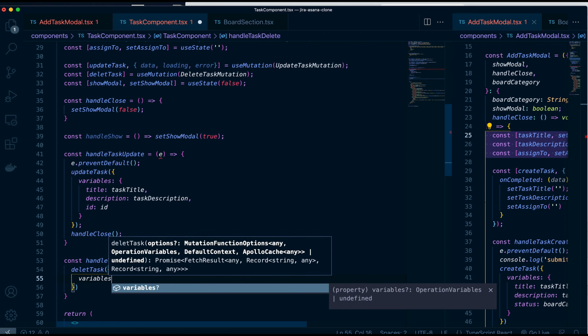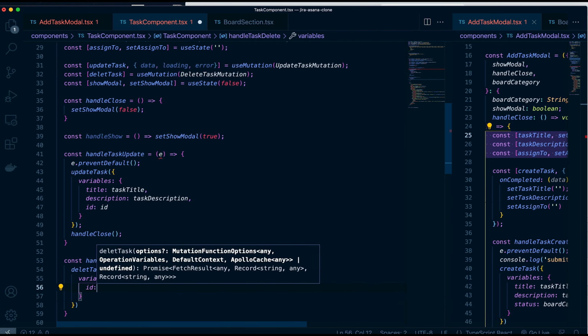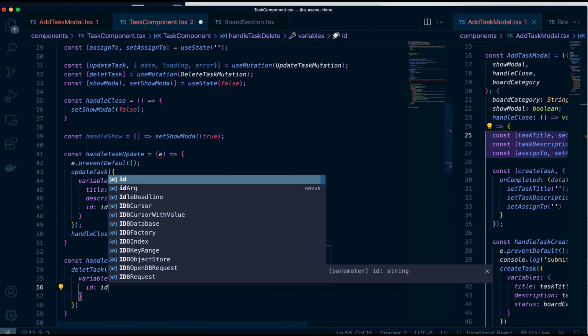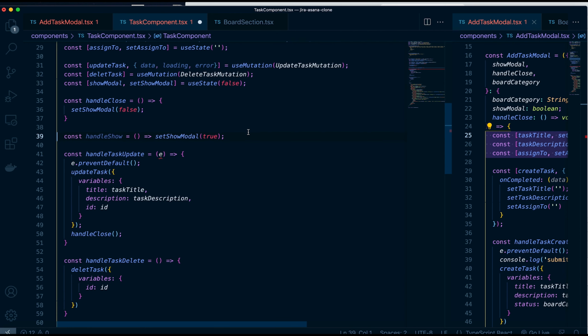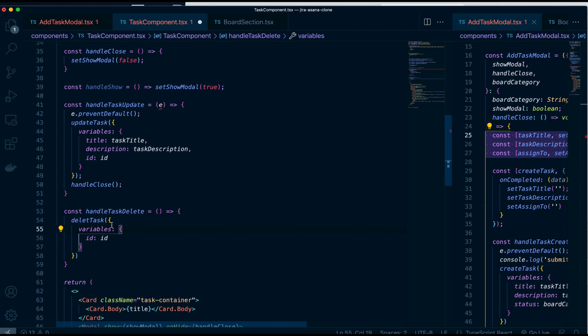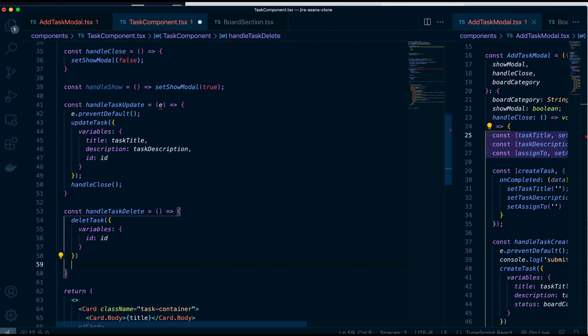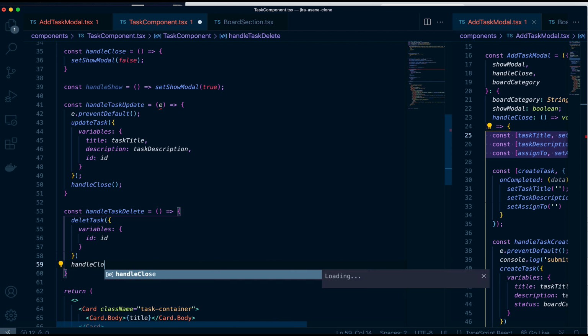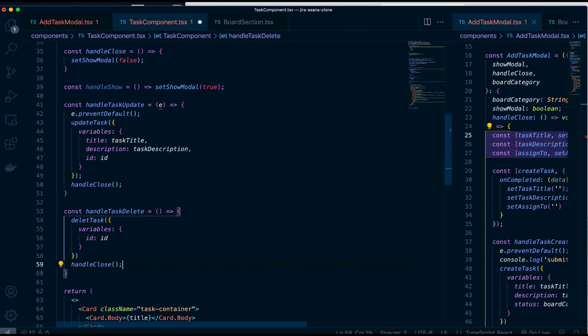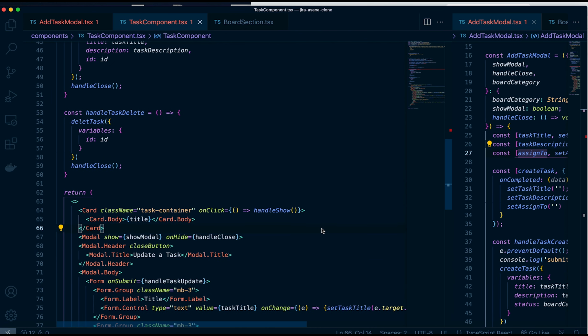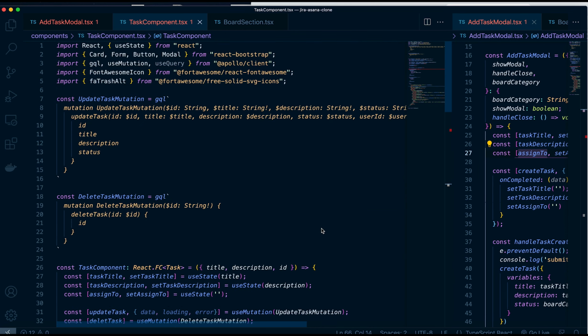As for variables, passing the ID would be ID. And then also once this gets deleted, we also need to handle closing the modal. That I missed actually, just because in the update function we indicated that